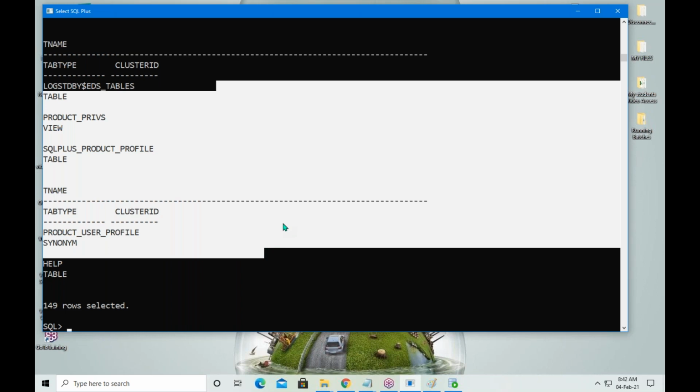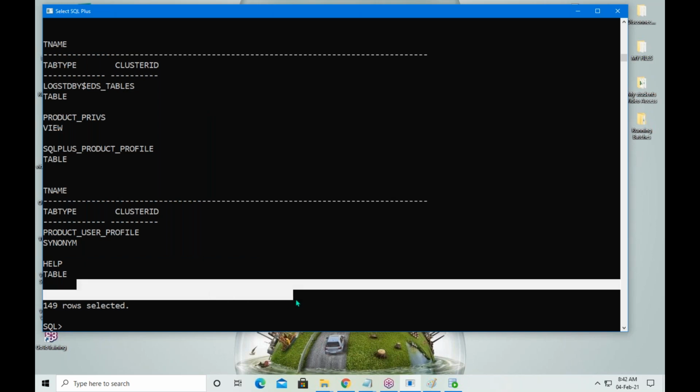In our training, I am going to explain both environments. You are learning two parts in our training, SQL and PLSQL. We will discuss the SQL part by using this client application.